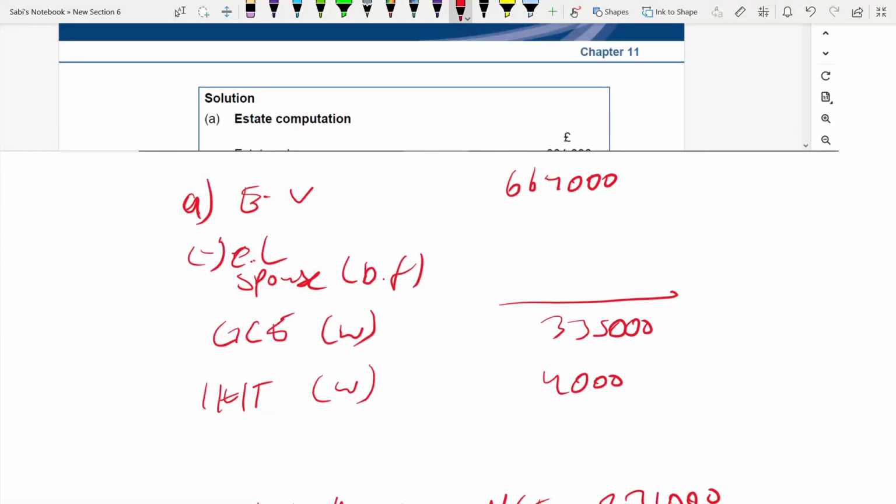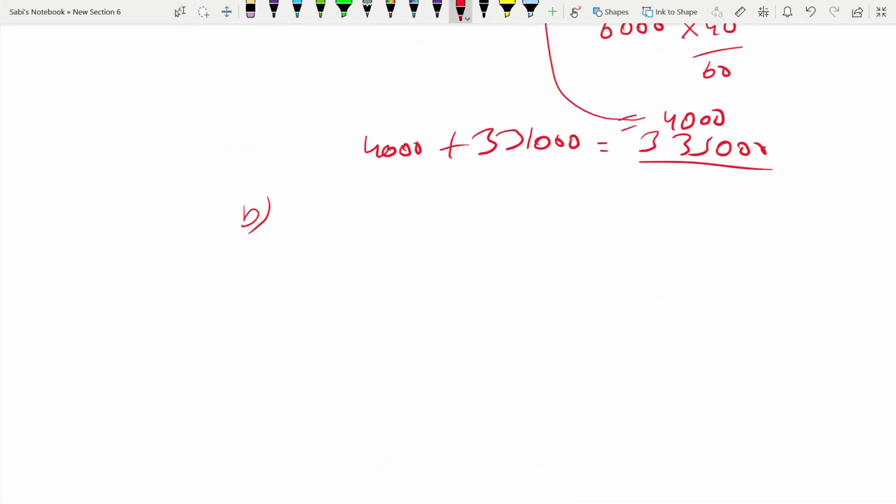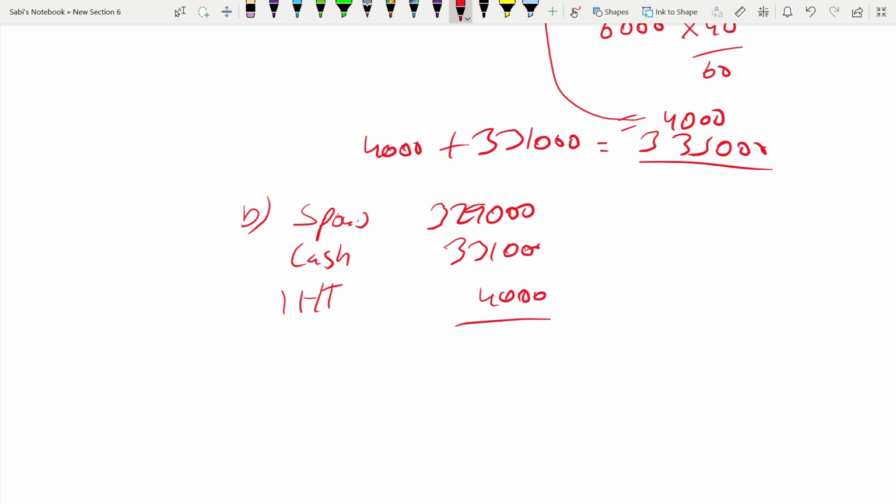335,000. So here, how much do you have to deduct from 664 to 335? Simply the difference between the two. 329,000 is the spouse. Now let us go to part B and distribute the estate. So spouse is 329,000. Cash to son is 331,000. IHT is 4,000. If you add, it is